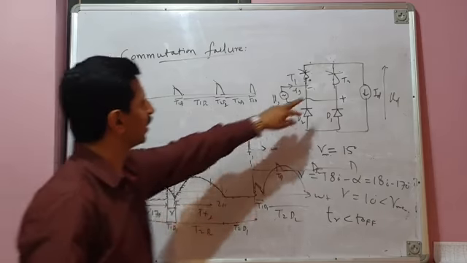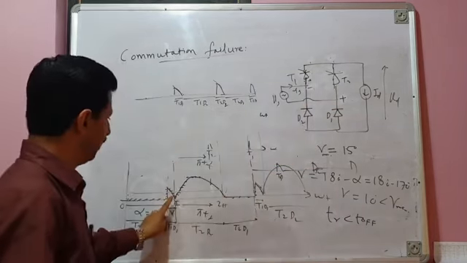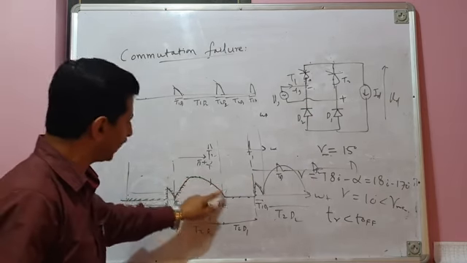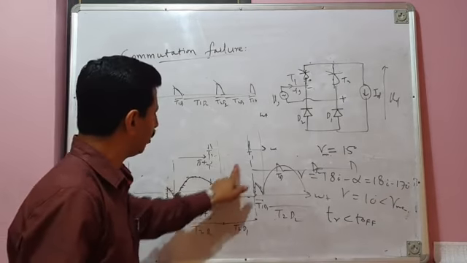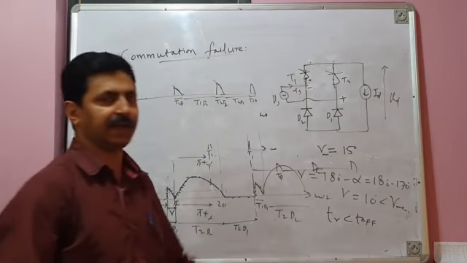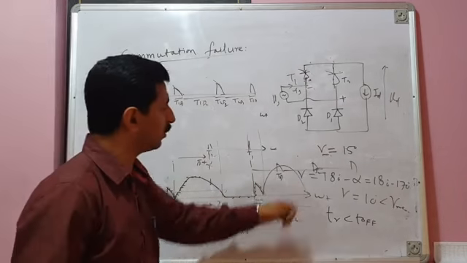As soon as the negative half cycle comes, since T2 has not regained its forward voltage blocking capability, it will immediately trigger, and even without a firing pulse, an entire half cycle will appear across the load. And then this is again a positive half cycle. After that again a negative half cycle comes and it will trigger again, even at omega t equal to 0, even without waiting for the firing pulse.